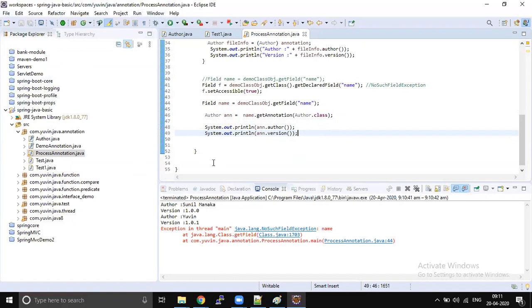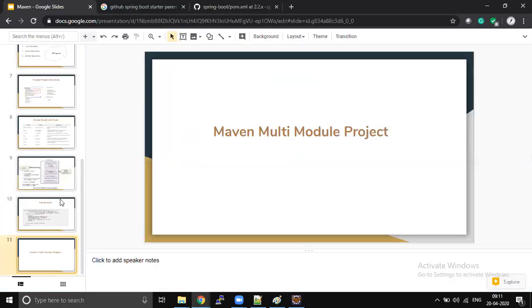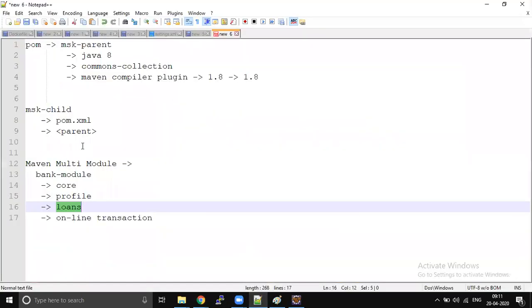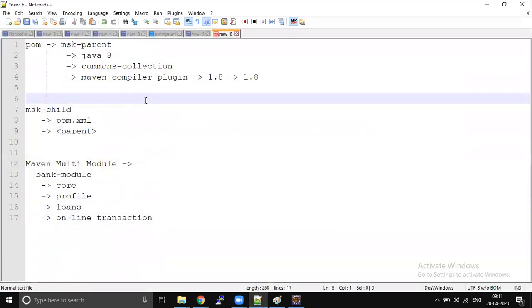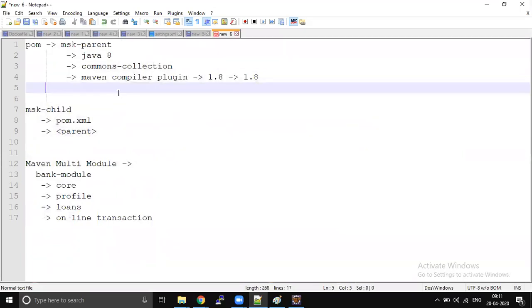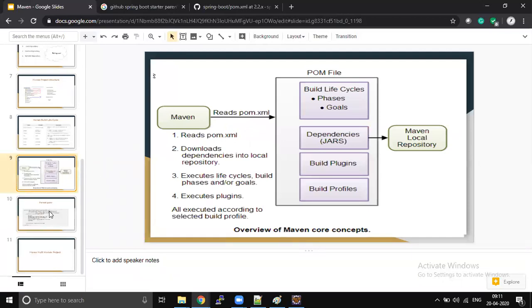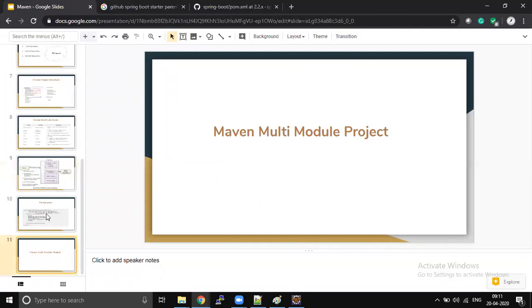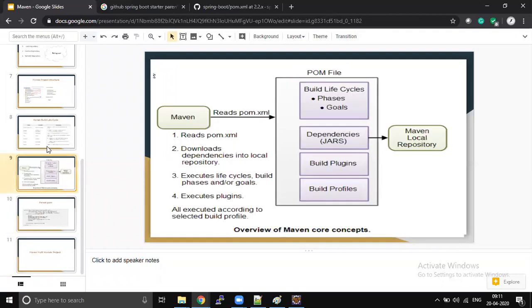Okay, before we wind up the session, we are done with Maven. Any questions? Today's assignment is creating the parent POM. I will send you an email and share the group ID and artifact ID. Try to create a Maven module also, but that is completely optional. But you must have an idea.